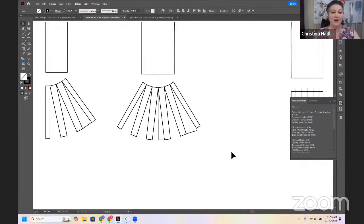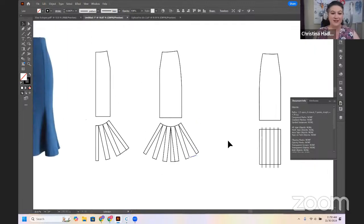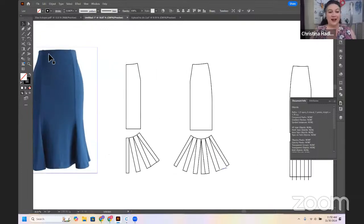So we now have our center front and our side front kind of already patterned out, and they're not quite ready to be traced because I still have a little bit too much space in between the flare and the top of the pattern. But we kind of have this top princess seam. We're going down, we're shaping around the hips. We're going to nip it in just a little bit here when we're tracing,